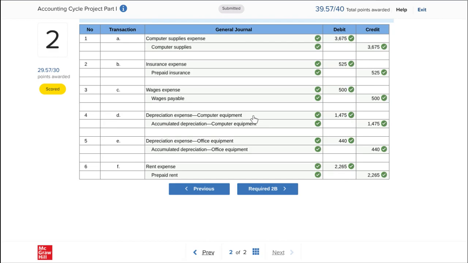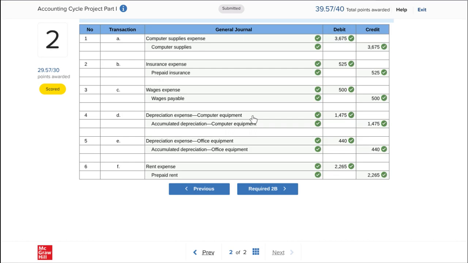The computer system was purchased on October 1st with a 4-year life. To figure the depreciation, I took the purchase price of $23,600 and divided it by 4 years, which was $5,900 per year. And then I divided 5,900 by 12, which came out to be